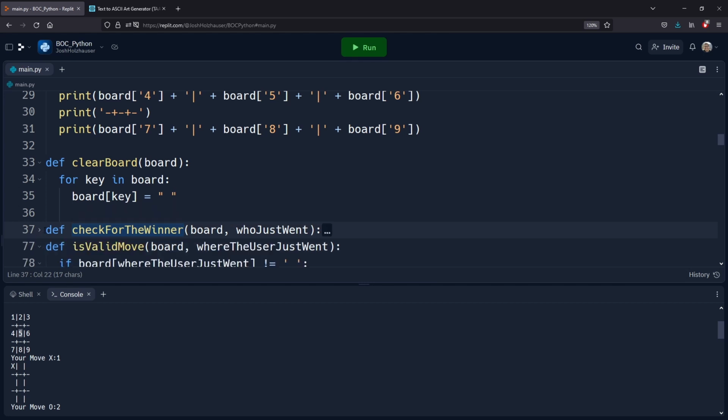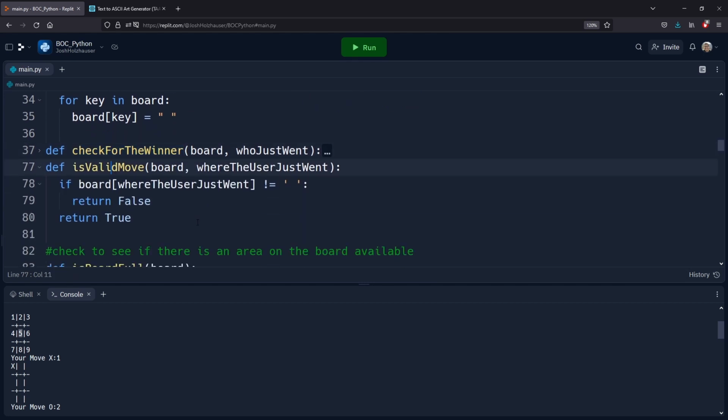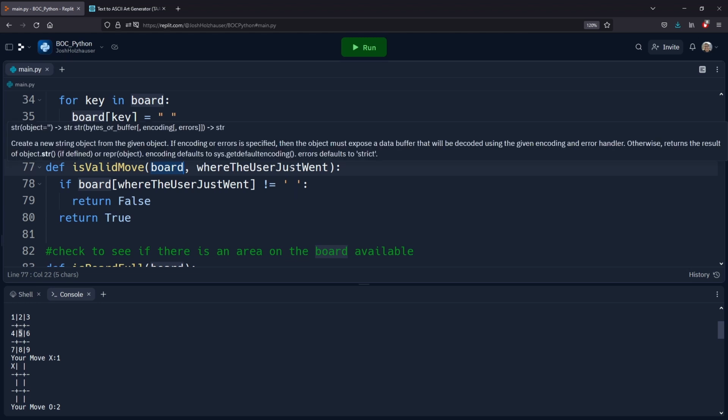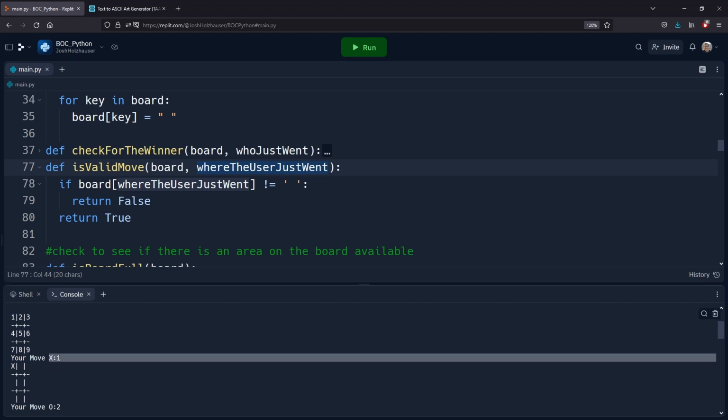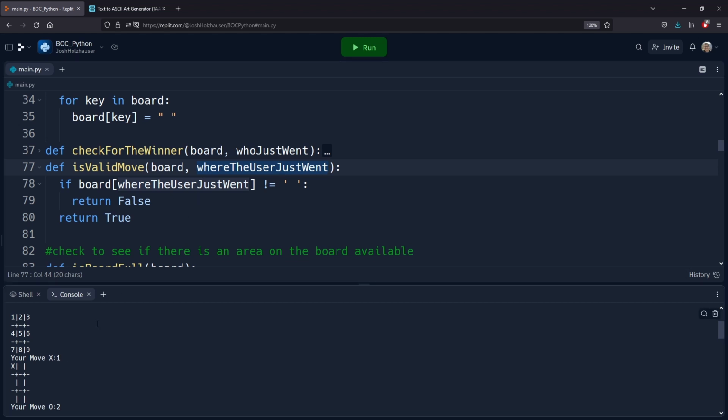Let's take a look at another function, isValidMove. isValidMove takes in a board, which is a dictionary, and where the user just went. This is going to be a string. This is going to be the user input. Usually you might look at this and say, maybe the user typed in 1, so wouldn't it be an integer? Well, because it's an input, this 1 to Python is actually a string, even though it's a 1, because it's